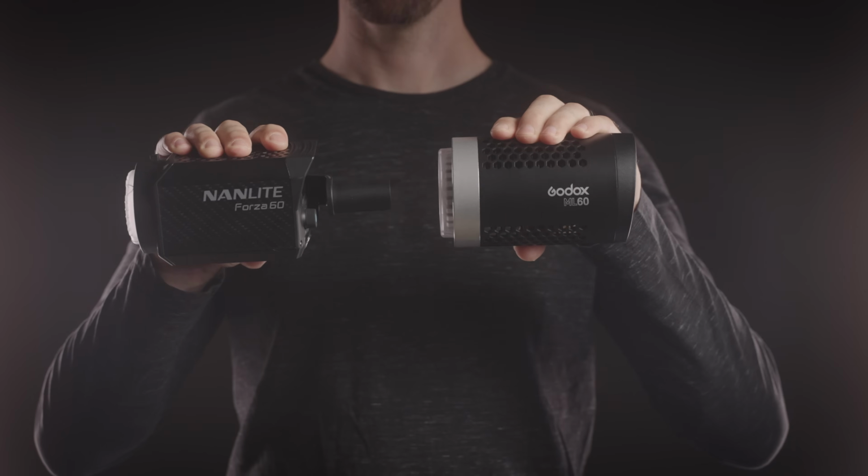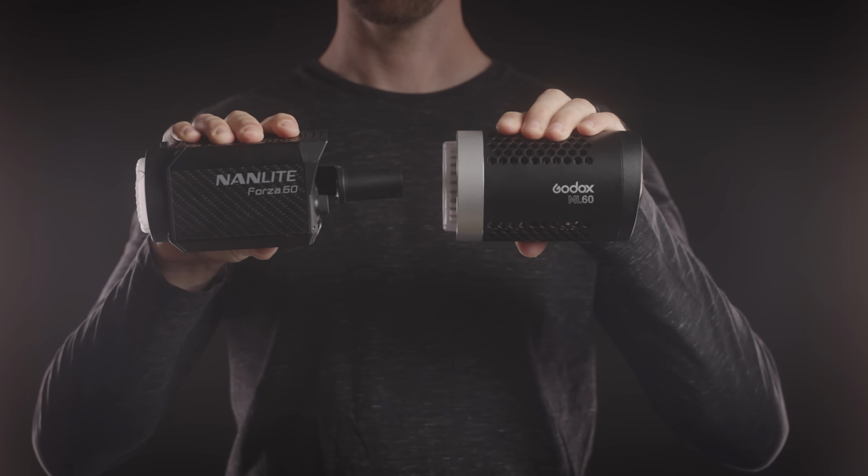ML60 stands for Magnificent Light 60 watts, and I totally just made that up, but you definitely believed it. In this video, I'm going to be covering the basics of the ML60 like brightness, color accuracy, and fan noise, as well as comparing it against some other battery-capable COB lights like the Nanlite Forza 60. At first glance, they might seem nearly identical, but I did find a lot of little things that add up